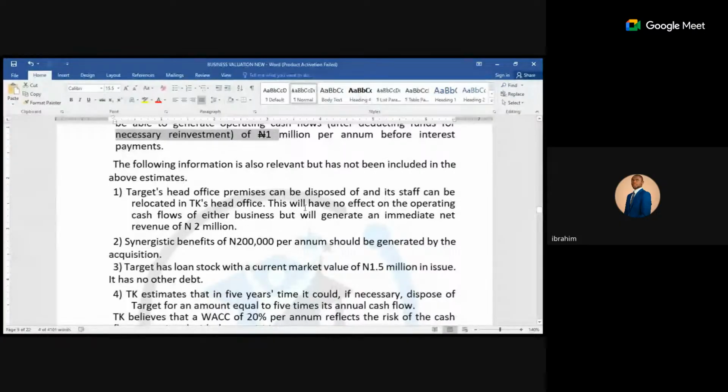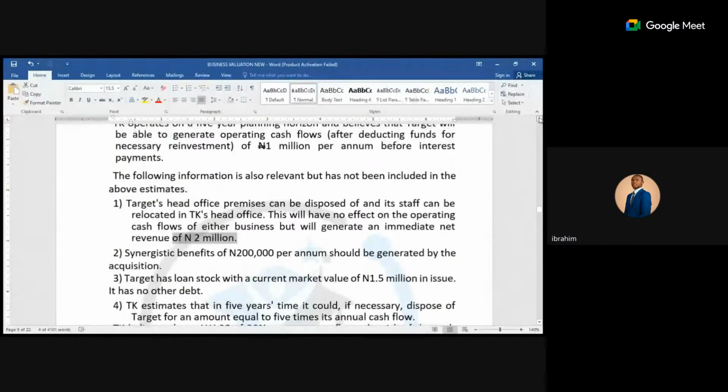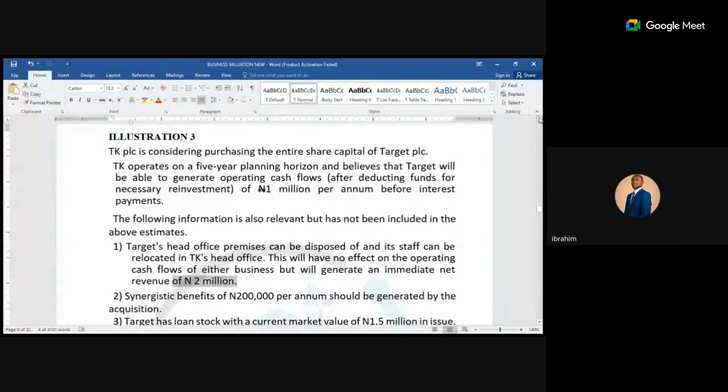This will have no effect on the operating cash flow of either business, but will generate an immediate net revenue of 2 million. That is another cash flow for Target. If TK believes that Target will generate 1 million,